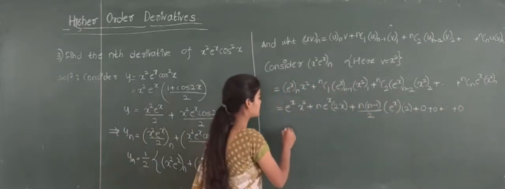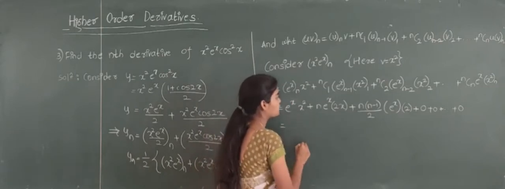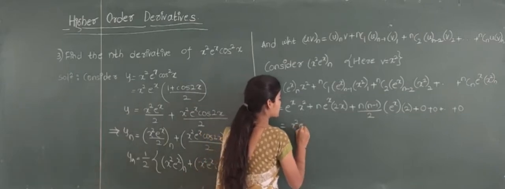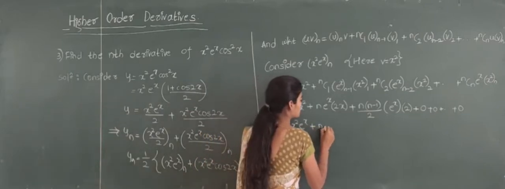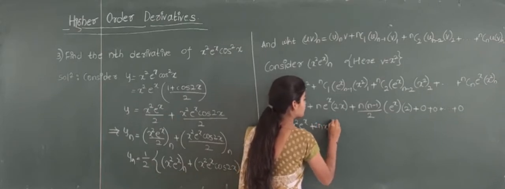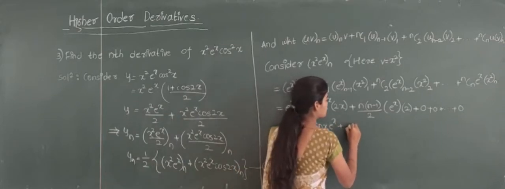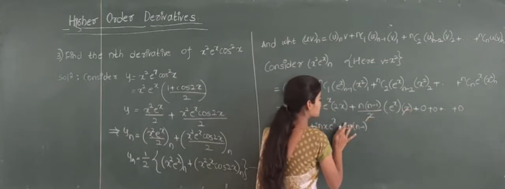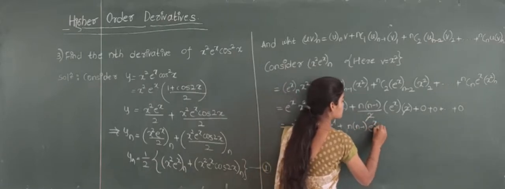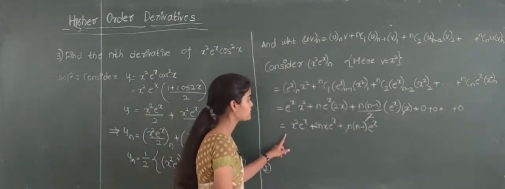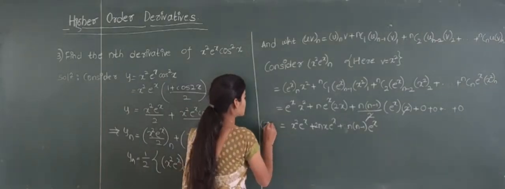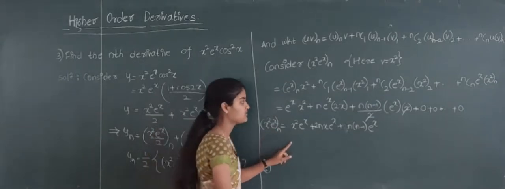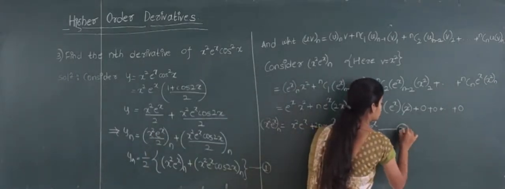So now, yes, in the next step, if you want you can take e raised to x outside or just write as it is, that is x square e raised to x plus 2nx into e raised to x plus 2n n minus 1, yes, 2 and 2 get cancelled, so I can remove here, this will be e raised to x. Yes, all the terms are over now. This is nth derivative of x square e raised to x. Yes, I will make this as equation number 2 now.